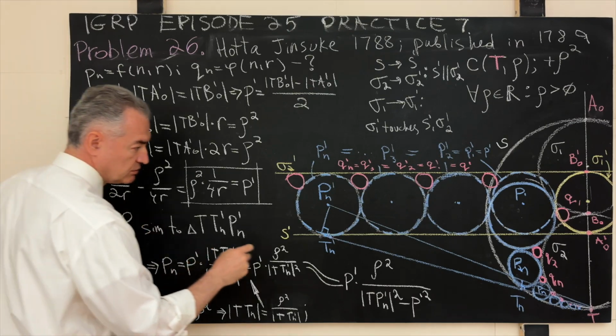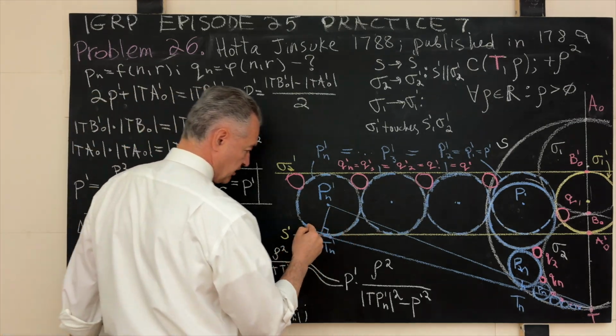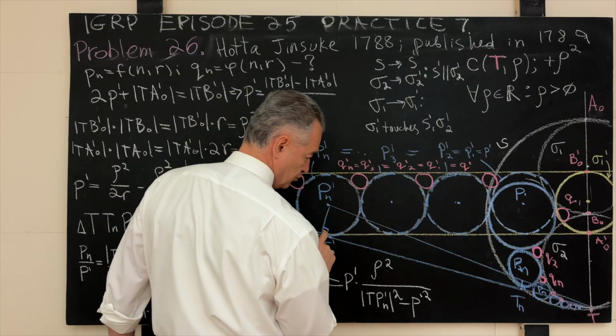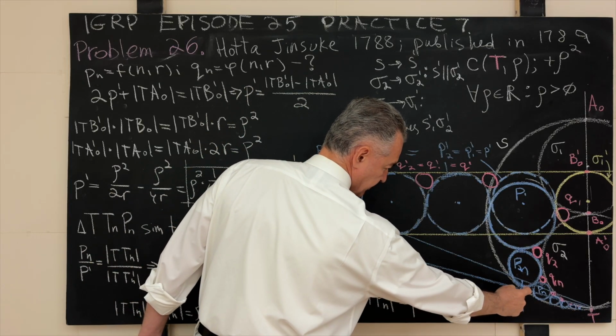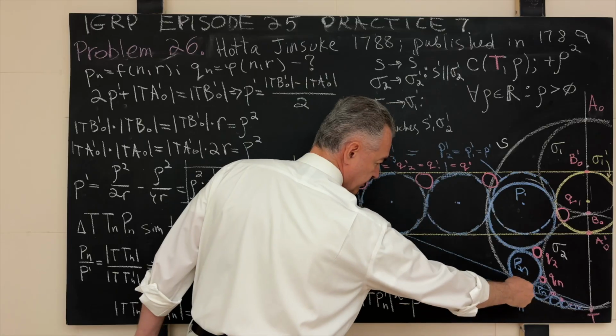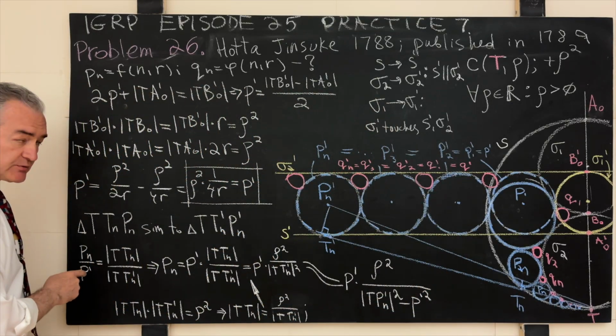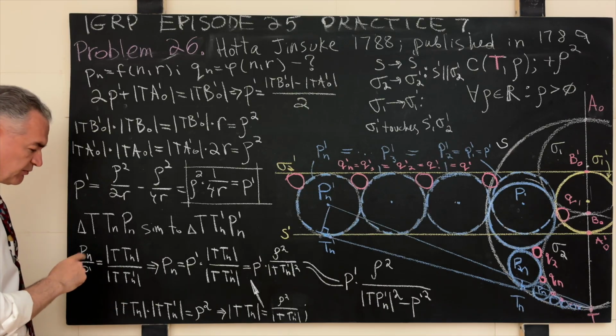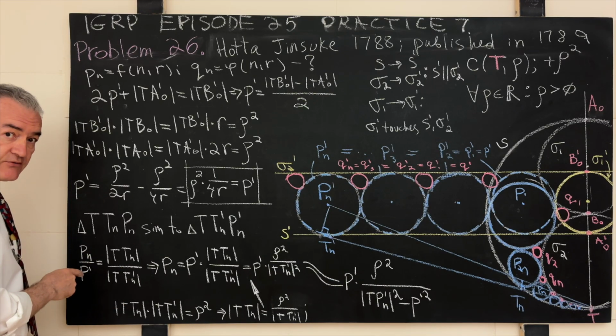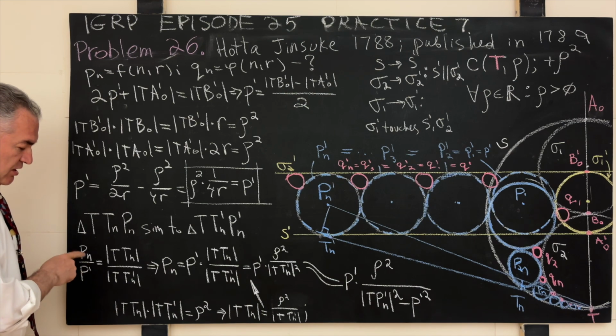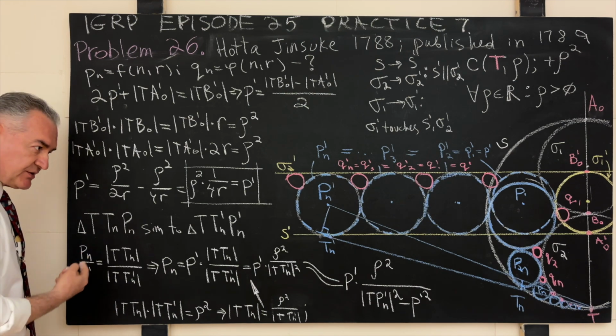And, well, you should be able to explain that we have two angles here that share the same angle. It means their remaining angle is the same. So by angle-angle-angle, they're similar. And from the similarity, Euclid's Elements, book 6, proposition 4, the length of the sides in such similar triangles about